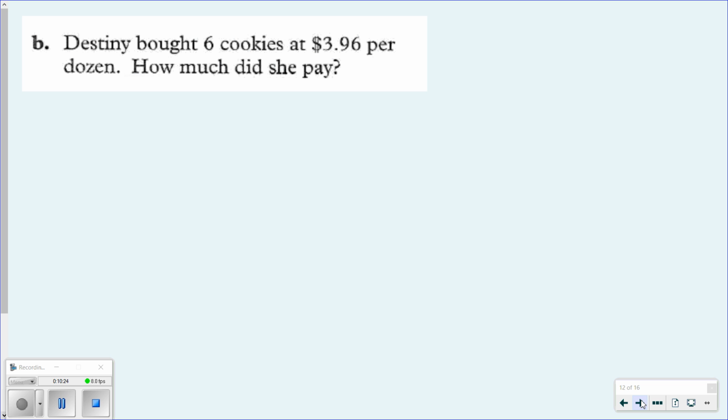Destiny bought 6 cookies at $3.96 per dozen. So how much did she pay? The first thing we have to figure out is how much of a dozen is 6 cookies. Again, we know 12 is a dozen, and she only bought 6 of them. So I know that 6 twelfths can be reduced to 1/2. So I need to know how much is 1/2 of